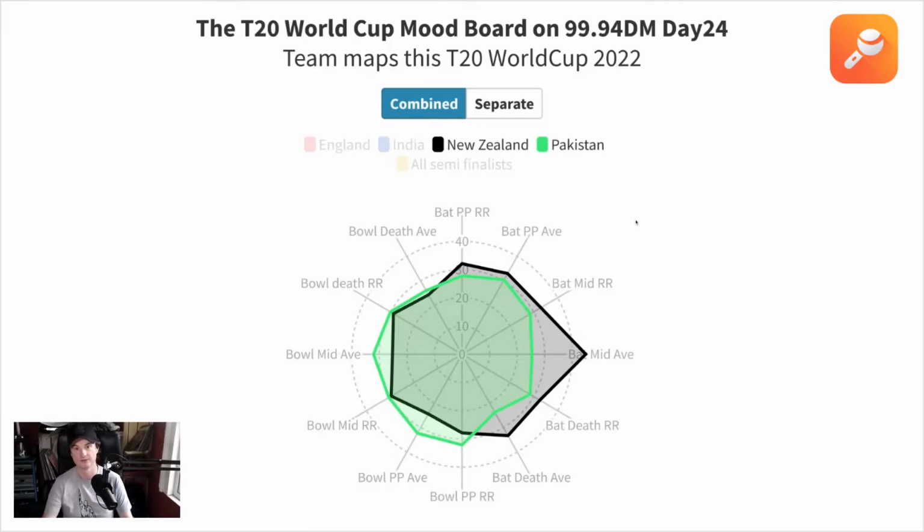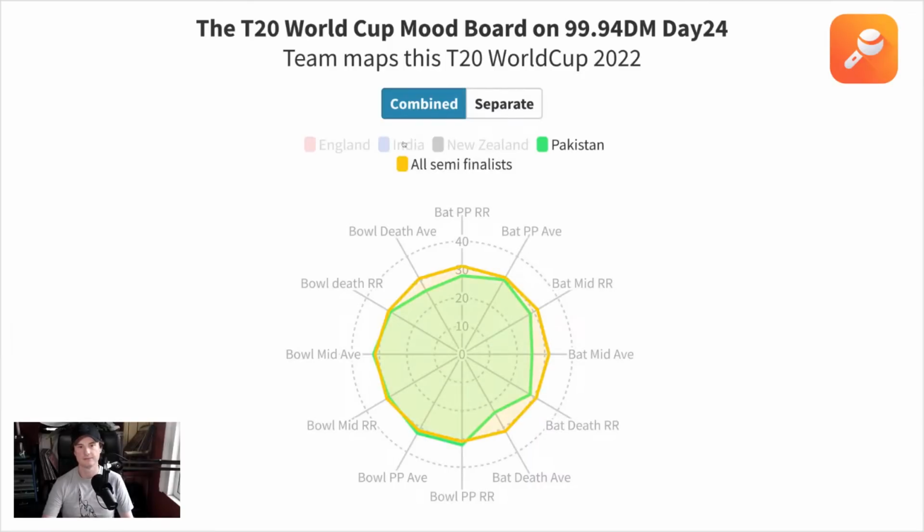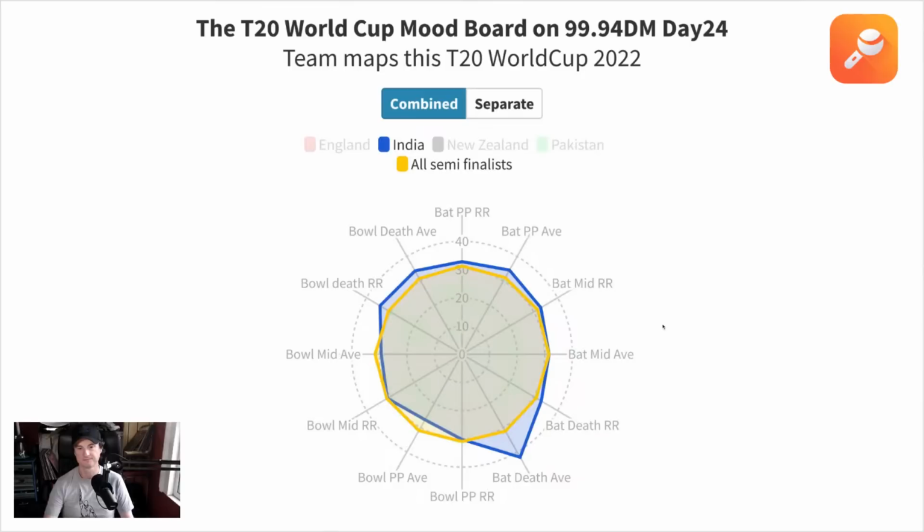certainly between the two. All right, so if we finish up there, let's go on to India next. Oh, Pakistan don't need to be there. All right. So we can see with India,